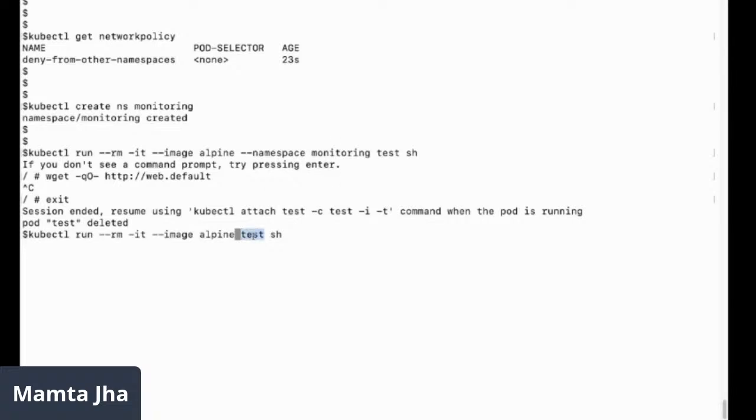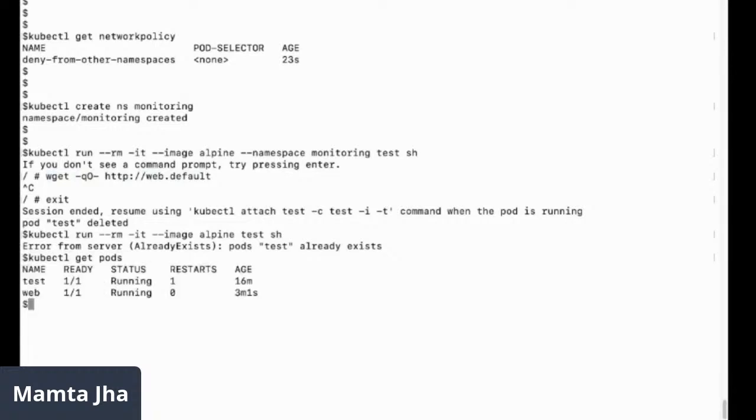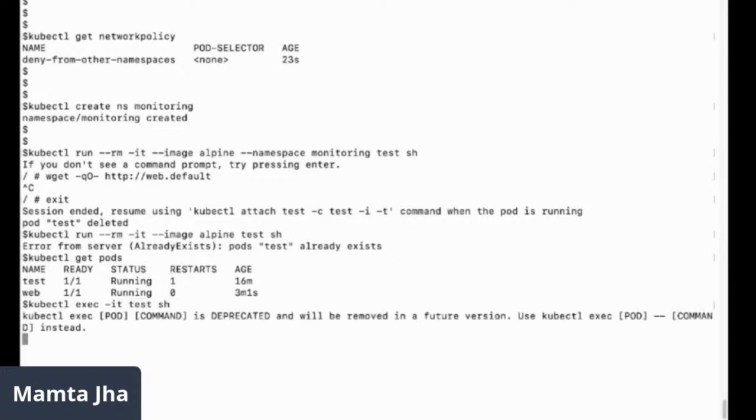So I'm creating a test pod in the default namespace. And let's try connecting. Okay, test already exists in this namespace. Let me see, kubectl get pods. I think it was not deleted. Okay, kubectl exec -it test sh.